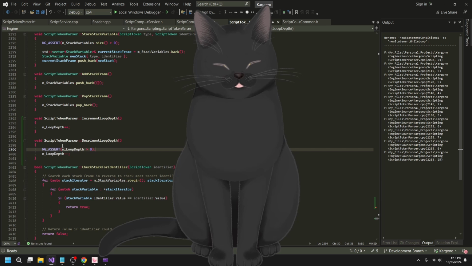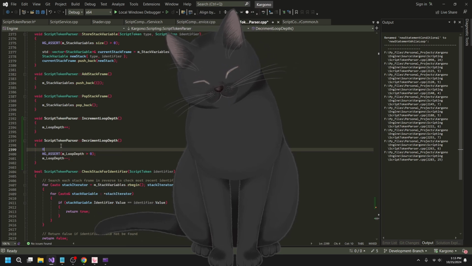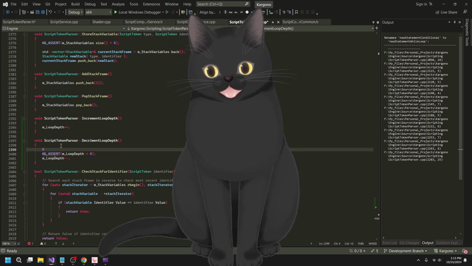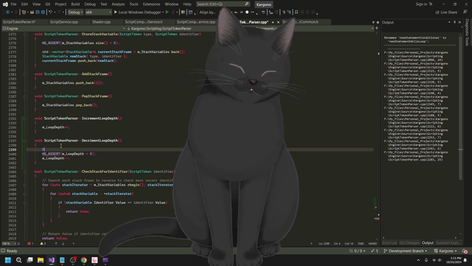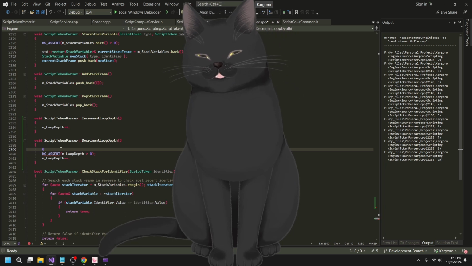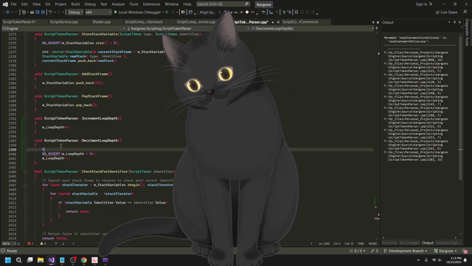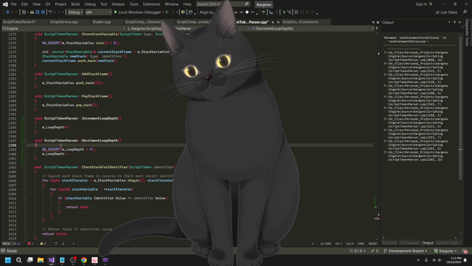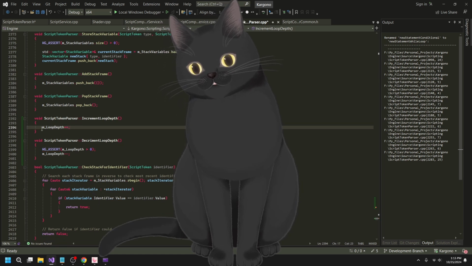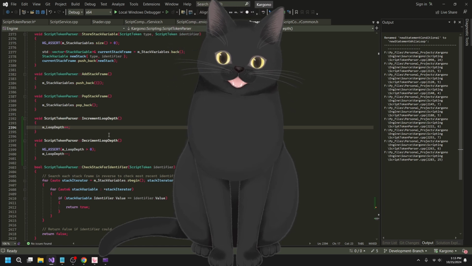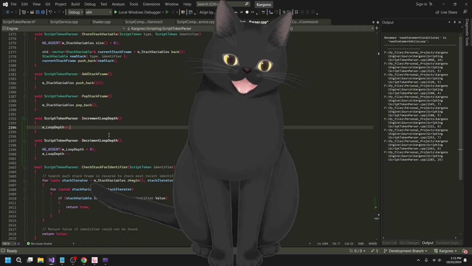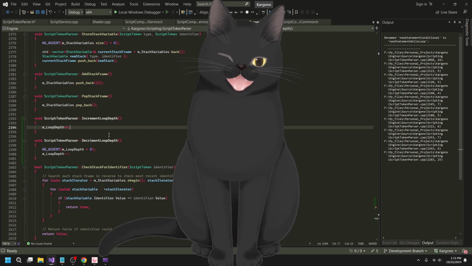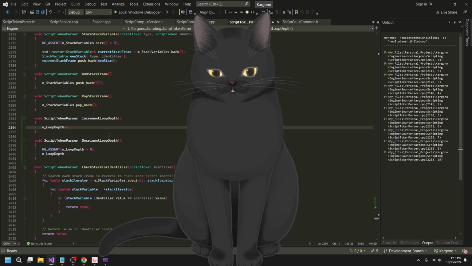Because if the loop depth is currently 0 and I try and decrement it, that's an error state. I should be immediately aware that I'm doing that, because that is not cool. If it's greater than 0, like if it's 1, I decrement it to 0, that's entirely fine. And then I don't need to add an assert here. This is fine the way it is. I don't see any bounds on the other side that are really gonna have an issue, unless you get to the uint32 max of like 4 billion. 4 billion nesting, isn't that crazy?